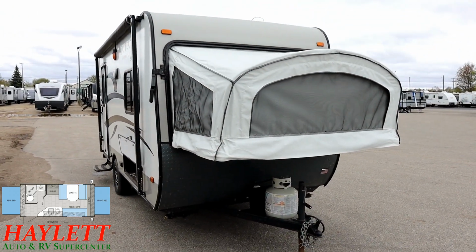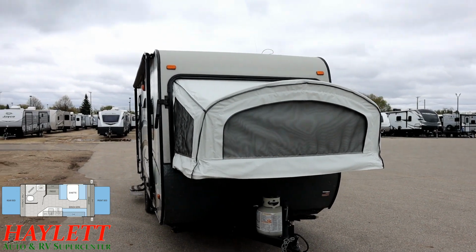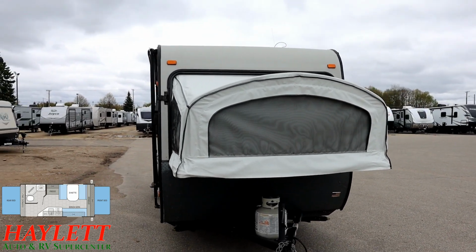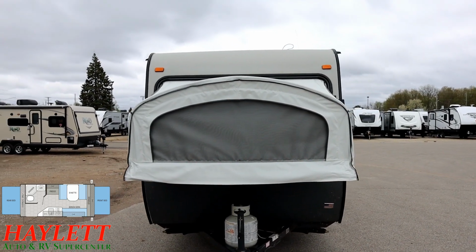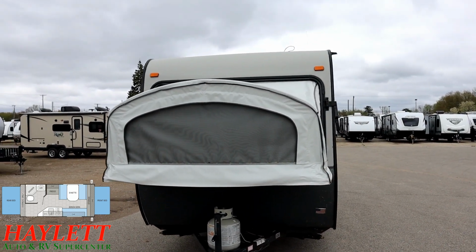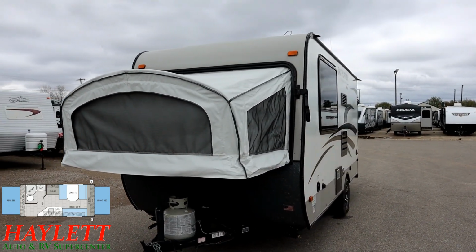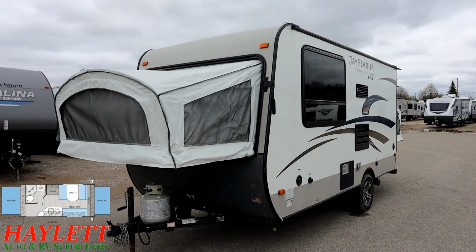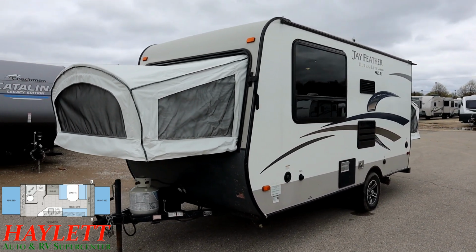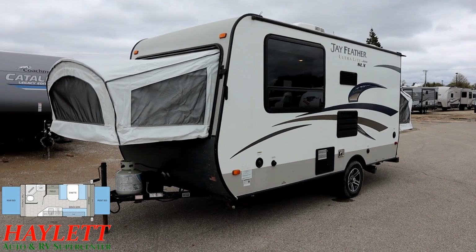Back outside here, this is looking good. The skin's still gleaming. The bed end materials are still just like a nice polar white, so you can see that it hasn't been folded away when everything was wet. Everything looks good. It looks to have been stored either indoors or under a cover. I don't have confirmation of each, but experience tells me that when an RV like this is 5 or 6 years old, then it has to have been kept under some kind of protection away from